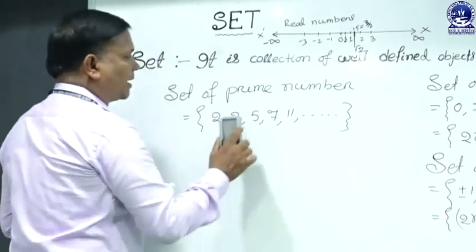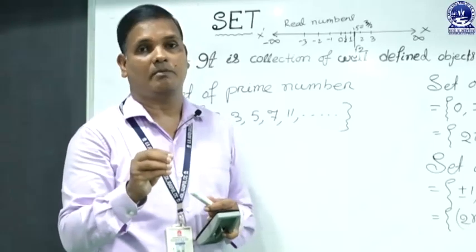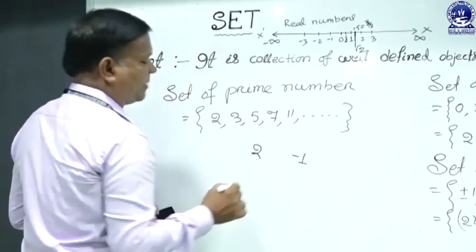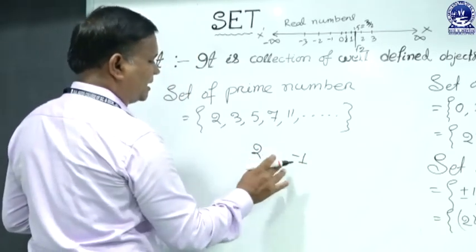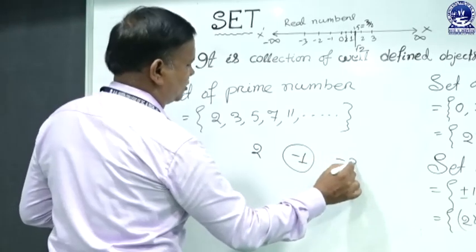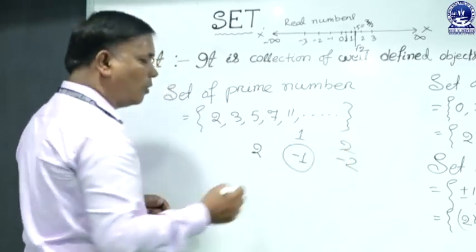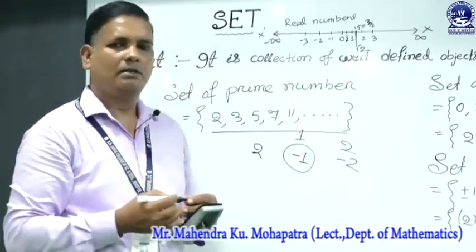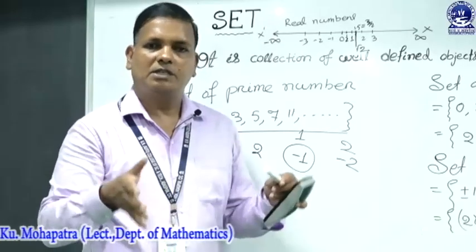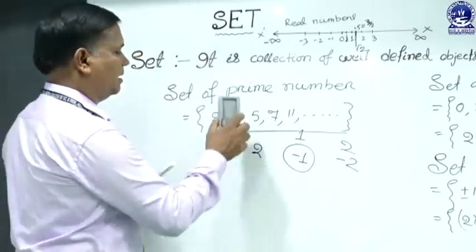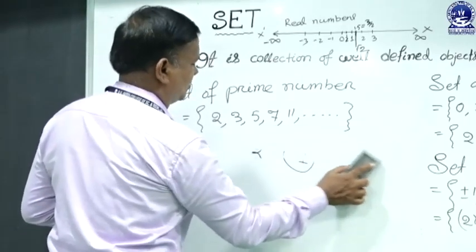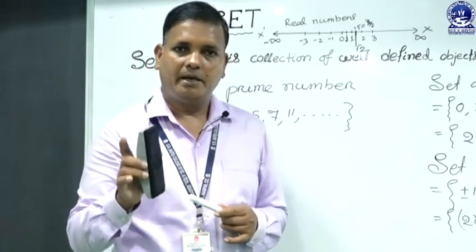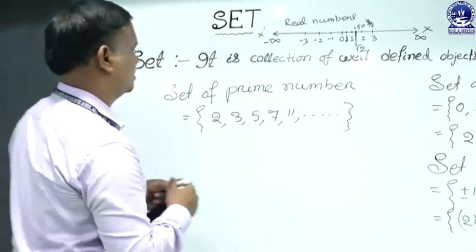But here the prime number belongs to the natural numbers. Suppose for the number 2, the factors could also include minus 1, minus 2, and 1 and 2. There would be 4 factors. But here the domain, that means we discuss in the set of natural numbers. A prime number is always a natural number. That means a natural number that has two factors, one and itself, is called a prime number.